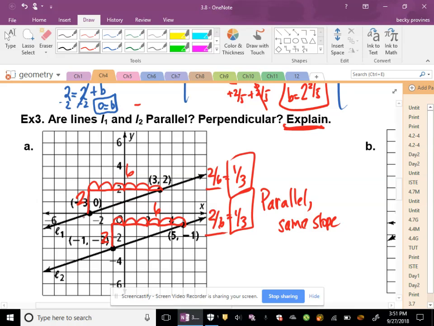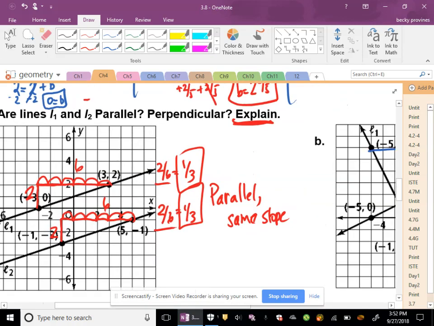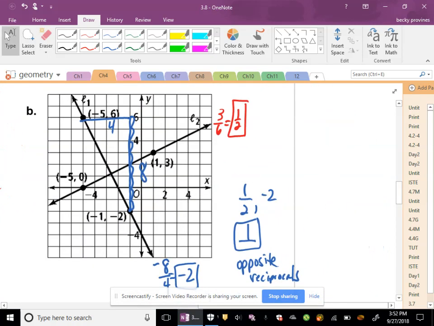So how did I count this out? From this lowest point, I drew a line, I made it lined up for rise, and then I did my run to the right, and I counted it out. Now, when you run to the right, it's always positive. So this is a positive 1/3 and a positive 1/6. Now, on the next one,